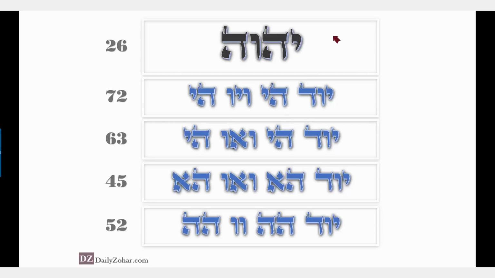Now we're going to start with the source of the 72 names, and before that we need to look at the Yud Kei Vav Kei name. This is the foundation, the name of mercy in the world, and its numerical value is 26. Now in the process of creation,